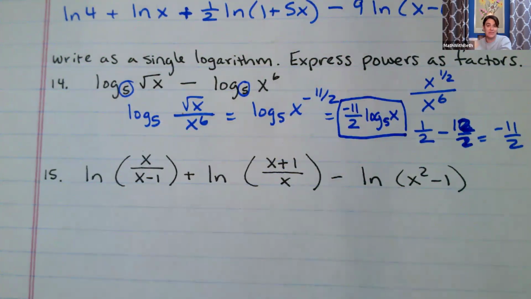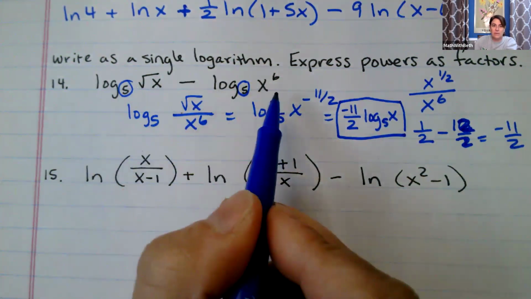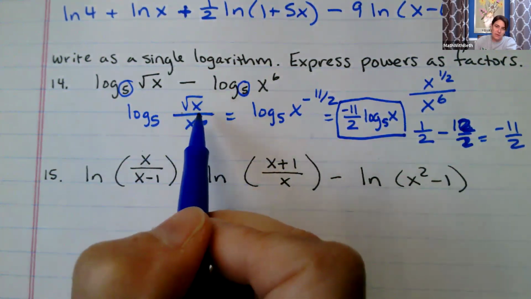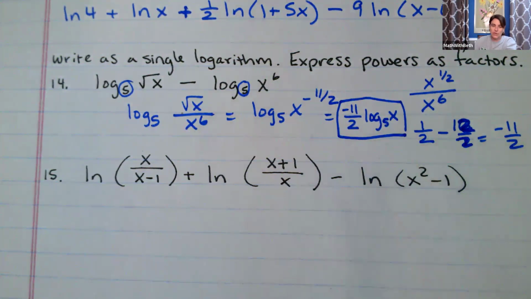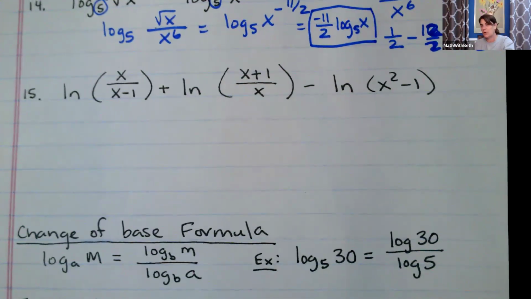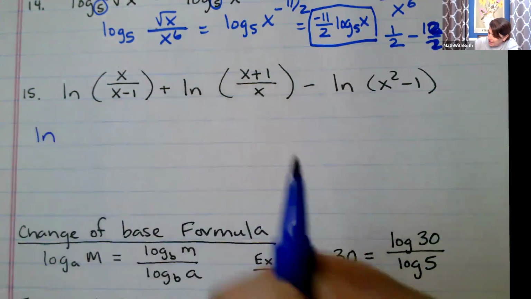So the reducing for some of these is going to get a little tricky, but the main idea, hopefully, you're fine with that because these were 2 logs with subtraction. I could put it together as 1 log with division. If the rest of it was a little tricky, we can work on that. Same thing with 15. Hopefully the first part will be easy, but then it's just the reducing might get a little tricky. So this is the same as